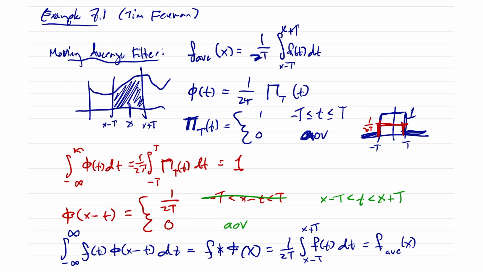So basically I've just expressed this moving average filter as a convolution with some other function that was just a square wave. And so I know if I take the Fourier transform of this, it turns into the product of Fourier transforms, and that goes back to what I was just talking about, that will feed into other things. And so for example 7.1, what he does in particular is he says